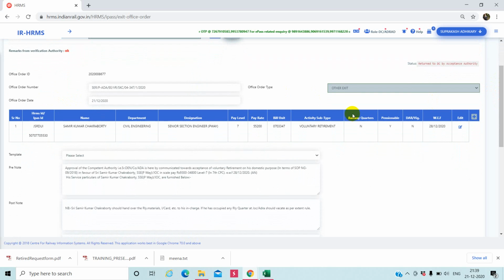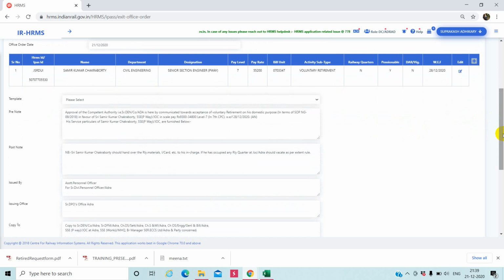Okay, so just putting in the HRMS ID, the name is Samir Kumar Chakraborty, department is engineering, senior section engineer, level 7, 55,200 is basic pay, and his activity subtype, what is that? It's a voluntary retirement. So Samir Kumar Chakraborty is going for voluntary retirement on 28/12/2020, and this is his order.